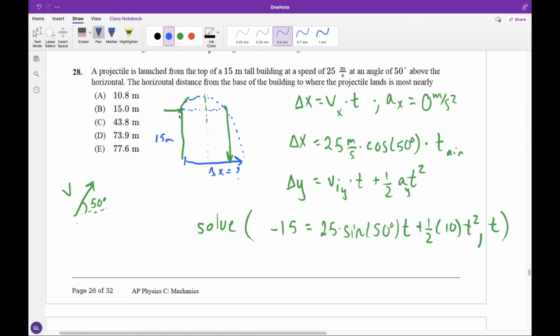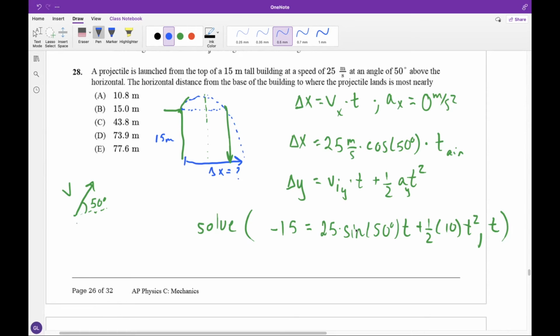So far, if I had launched it at 30 meters per second upward, that would have spent 3 seconds going up, 3 seconds going down. And then from there, you could find the time that it takes it to fall down the rest of the 15 meters with a vertical velocity of 30 down. But that's still going to be more steps than this ultimately. So you could either solve this with the quadratic formula, which